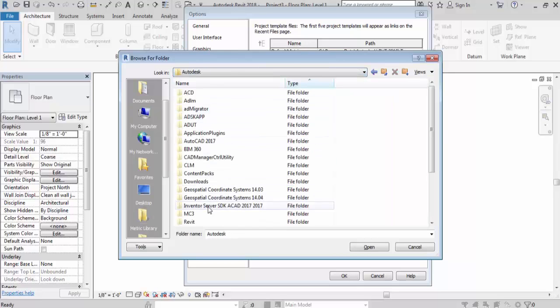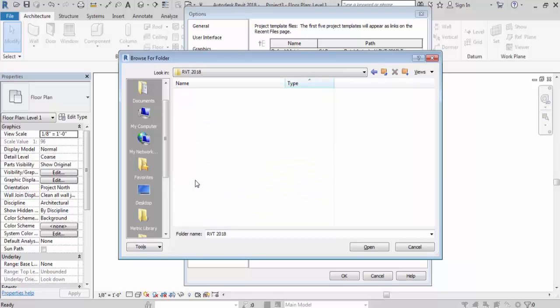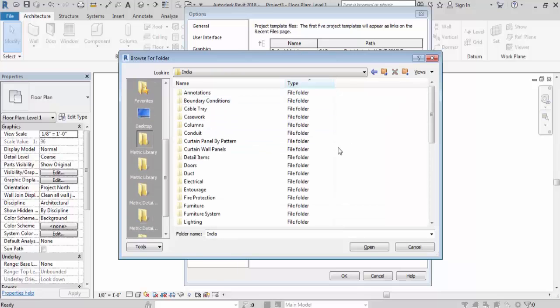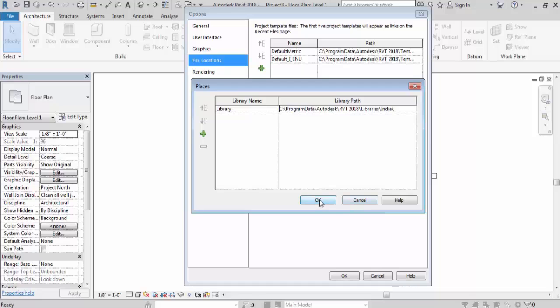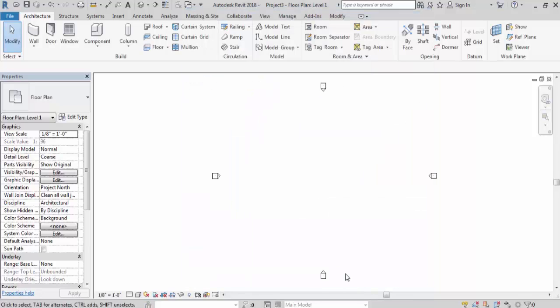Now RVT 2018, Libraries. Now this is the Indian library, select your library, go inside Libraries and click on Open. Now click on OK. Now again click on OK. So like this you can do a permanent family setting.